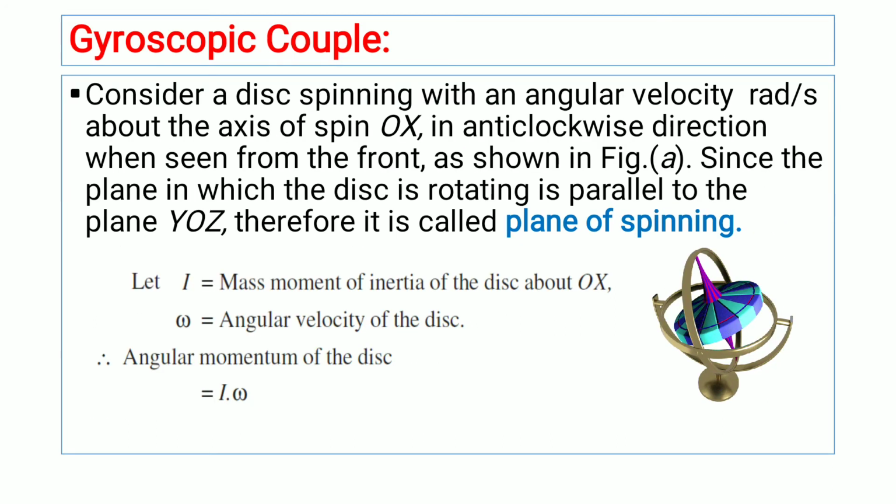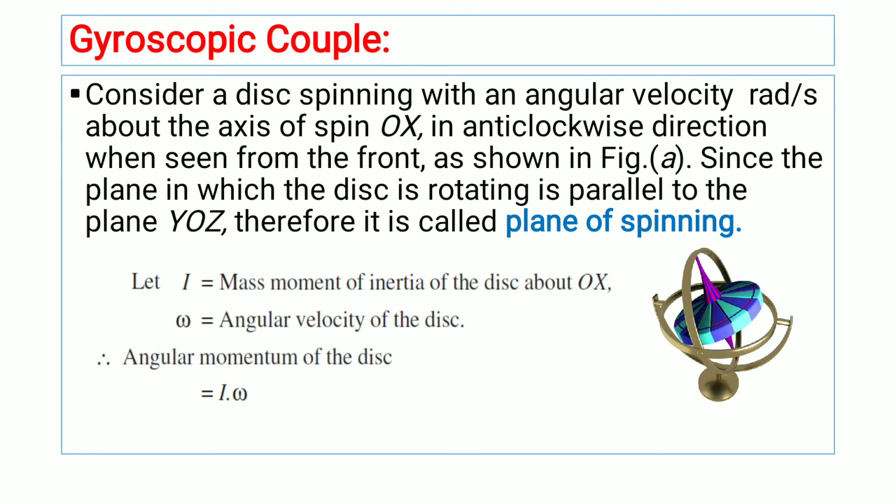Now gyroscopic couple. So my dear friends, here we see the gyroscopic couple. So this rotor is rotating about this axis, okay, this is another axis, okay. So this is a rotation of the rotor about this axis. Now if we rotate the axis of spin through an angle, then some effect may be developed. So here the axis of the rotor is also rotating about another axis.